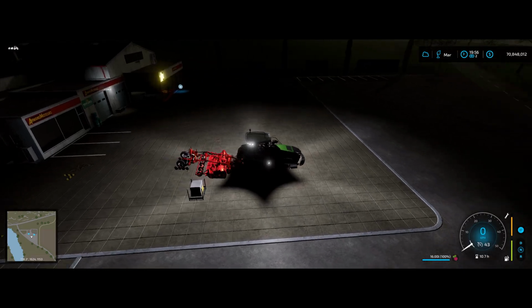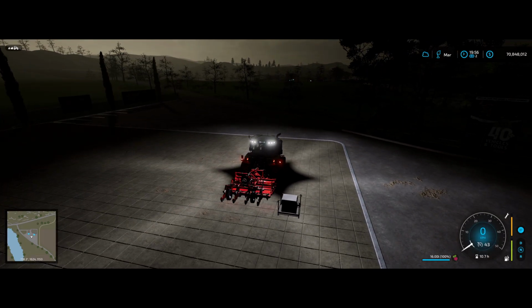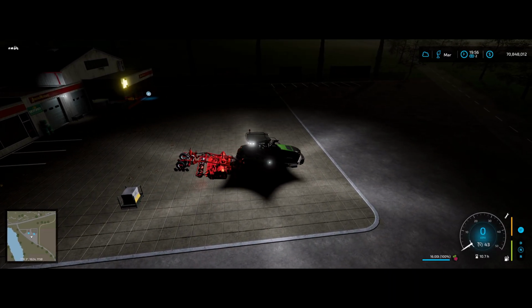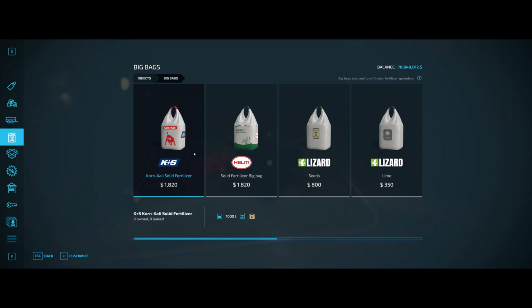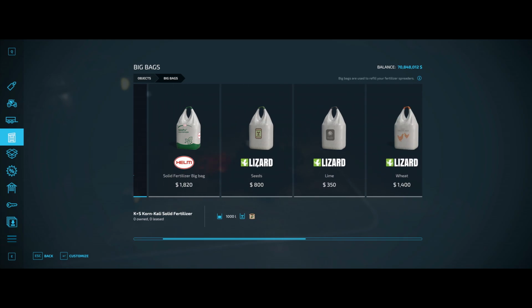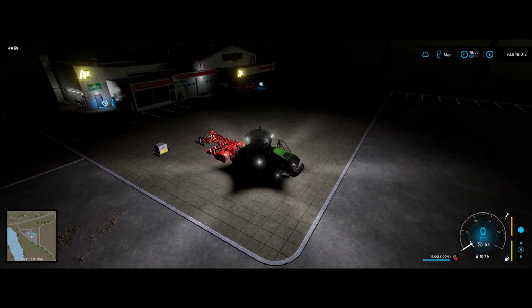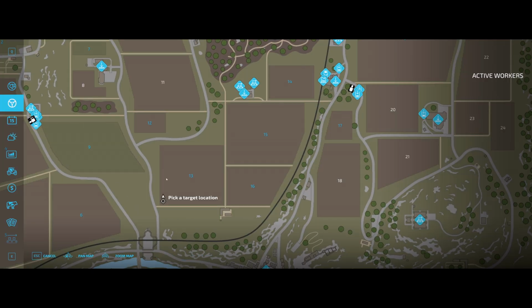Not sure if we can do this with a big bag. Might as well give it a try, because I already have a tractor with the bag handler front loader attachment. So let's quickly check. We won't be able to check unless the tank is empty. I can empty the tank using the easy development mode, but yeah, let's stick with pallets for now